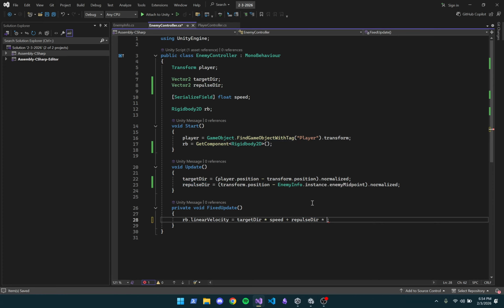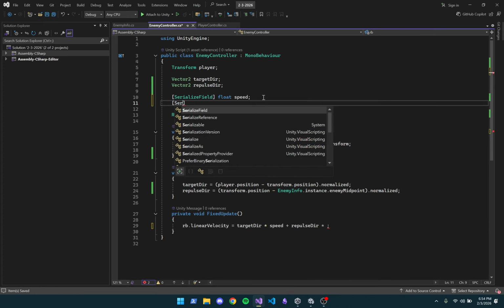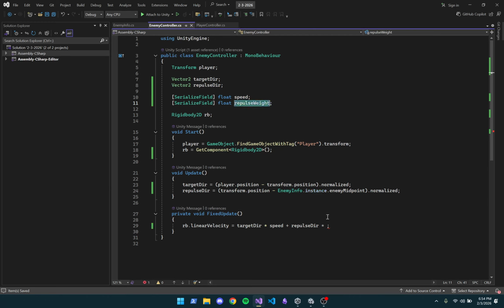repulse direction times, and then we have something here, serialized field float repulse weight, plus repulse direction times repulse weight. You can see how you would end up moving away faster than speed. Does everyone understand how this would move faster than speed if you did this? Because this component already moves at direction speed, and then you're adding some other repulse direction that also moves at some positive value. So what you might want to say is that speed is a hard limit, and